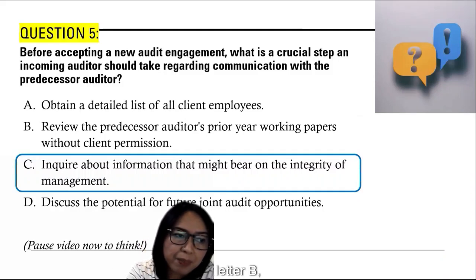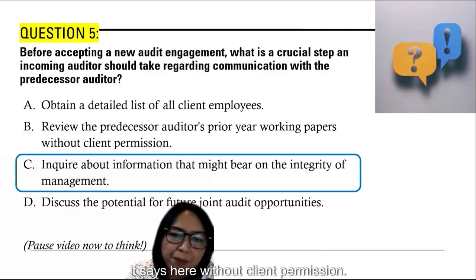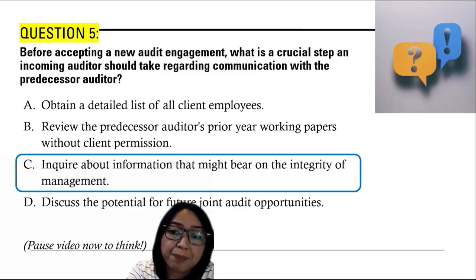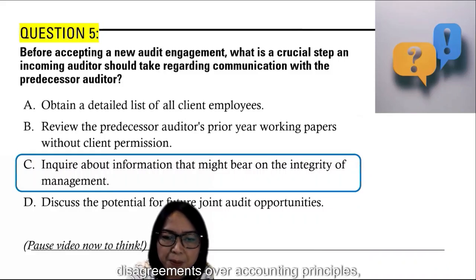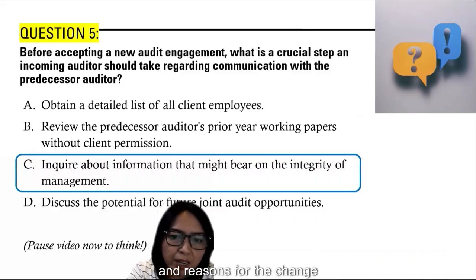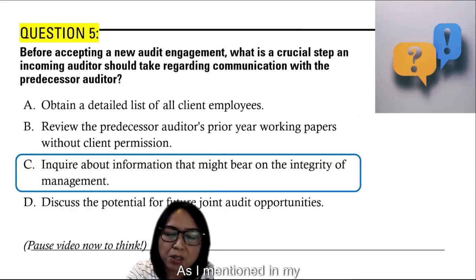Unlike in letter B, it says here without client permission. So with client permission to gather information that helps determine if the new engagement should be accepted. Key areas include management's integrity, disagreements over accounting principles, and reasons for the change in auditors, as I mentioned in my